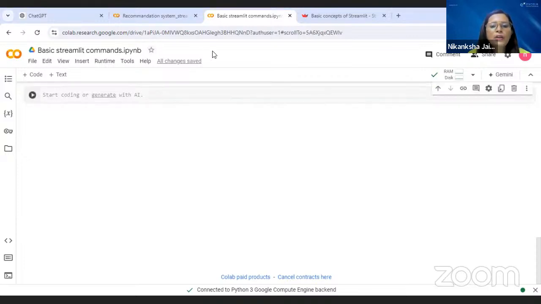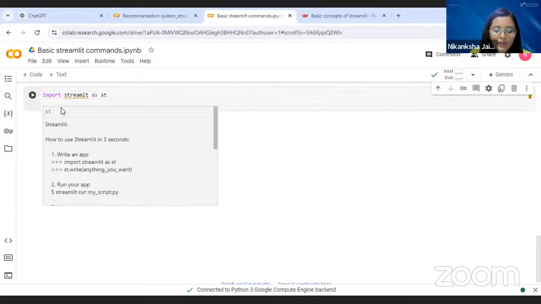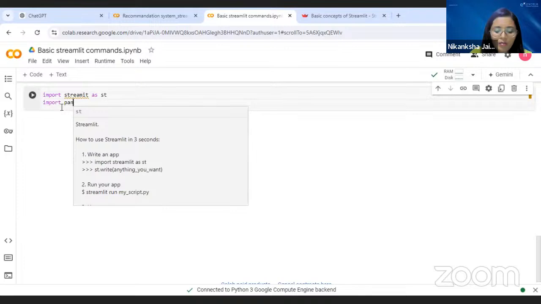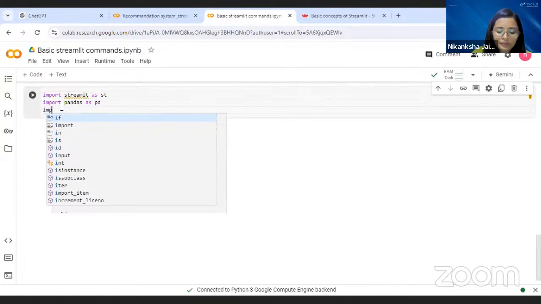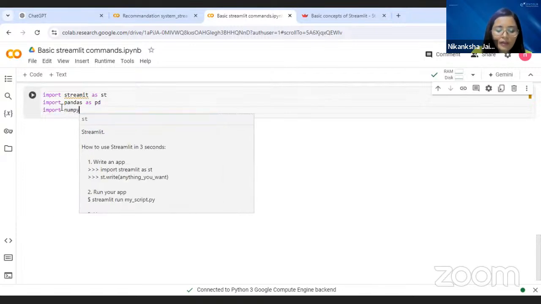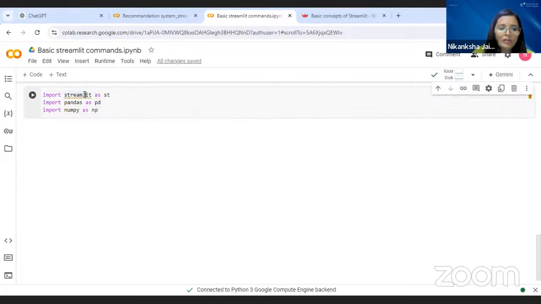Now in this one, we always have to first write the import statements. So what are these import statements? Import streamlit as st. Also, we have to write pandas: import pandas as pd and import numpy as np. These are the basic commands. Here it has to be streamlit, but this streamlit will not work. We have to add